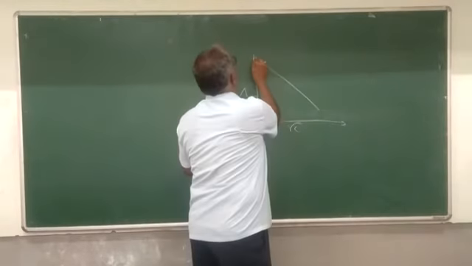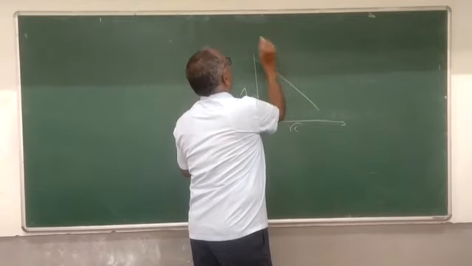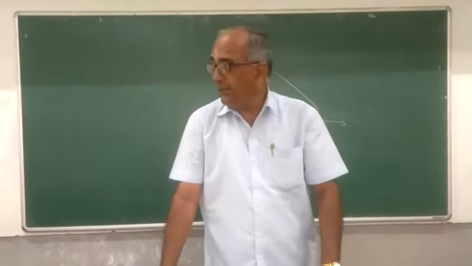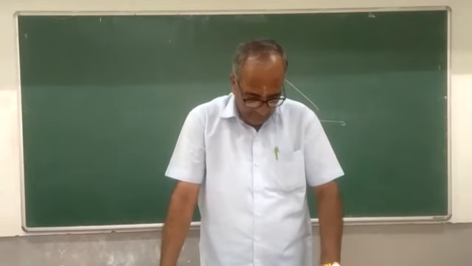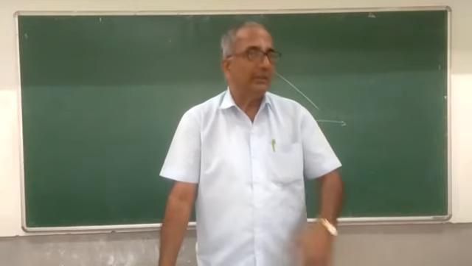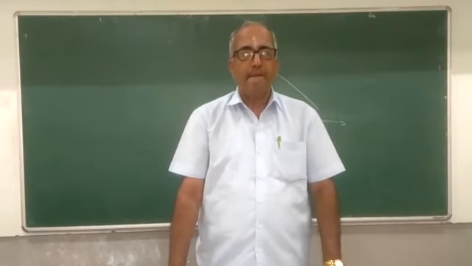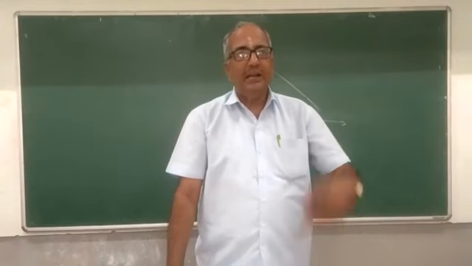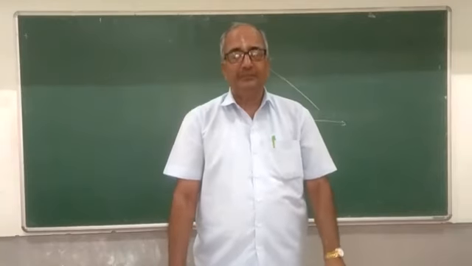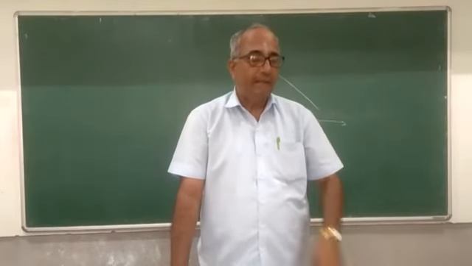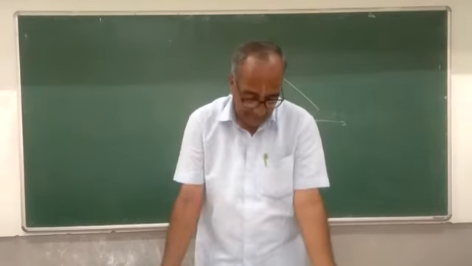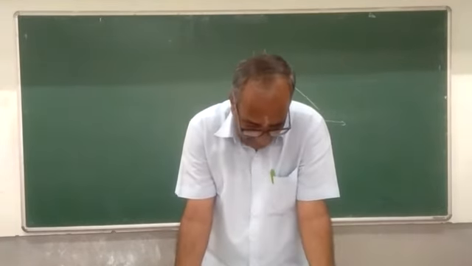This is called the limiting value, denoted as mu infinity. That is, at infinite dilution, it reaches a limiting value. The value does not increase upon further dilution. It means if you add 1 liter, the molar conductivity increases. Again when you add 2 liters, it increases. To a limited extent, say if you add 10 liters, the value of the molar conductivity does not change, and that value is called the limiting molar conductivity.